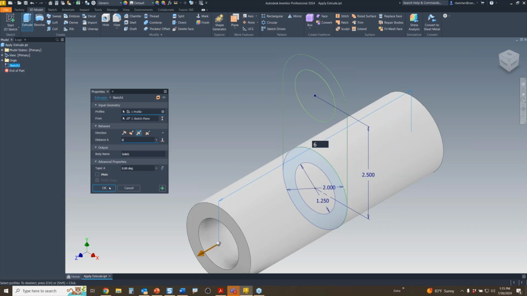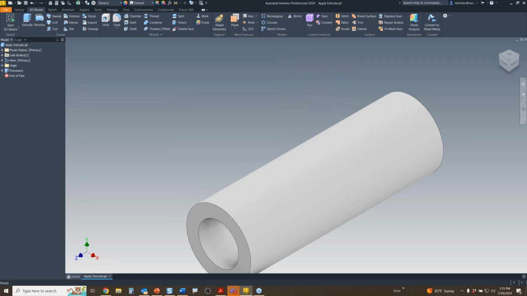All right, and then I click OK. So there you go. That's that muscle memory. I'm used to clicking OK and not clicking the apply button. I kid you not,